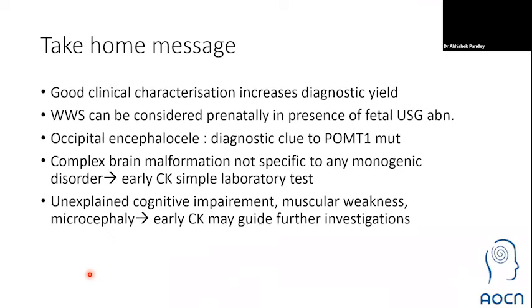We went ahead and the first test we did was a CK, which was raised. So we thought we were dealing with some muscular dystrophy. That is why we went ahead with the MRI. MRI findings pointed towards a Walker-Warburg phenotype. Then we gave a clue to the geneticist that we were probably suspecting this, and we found out